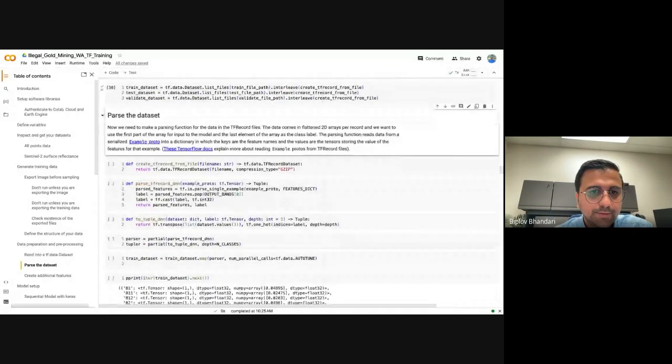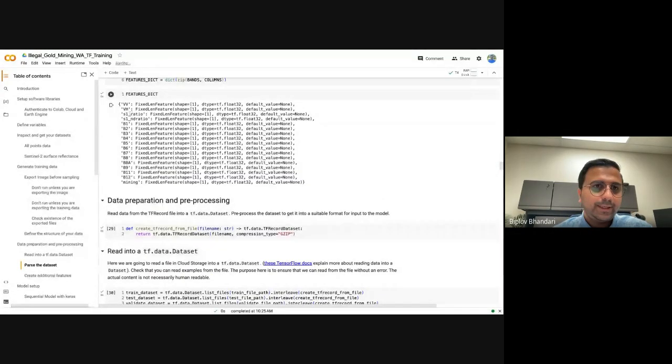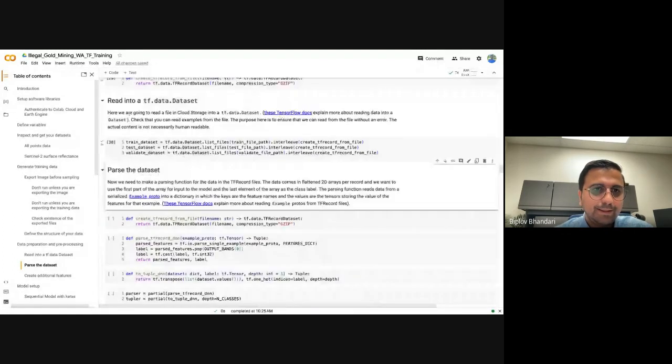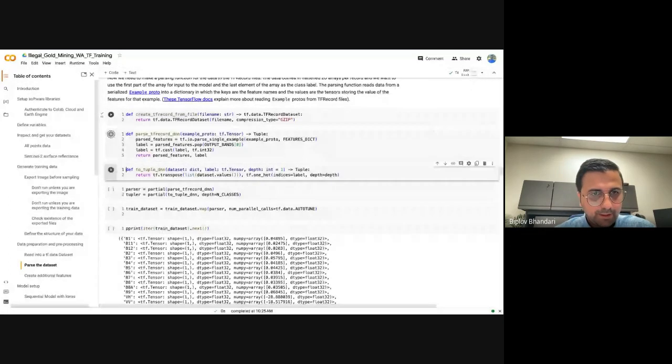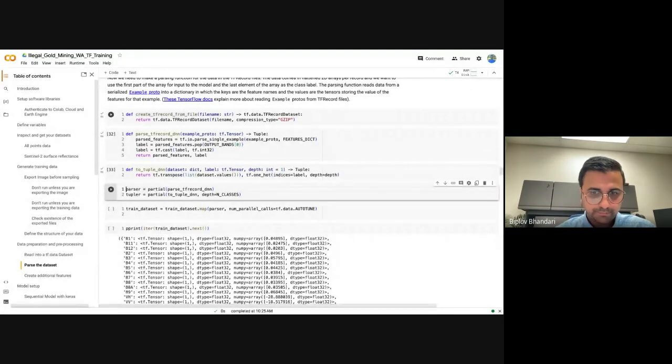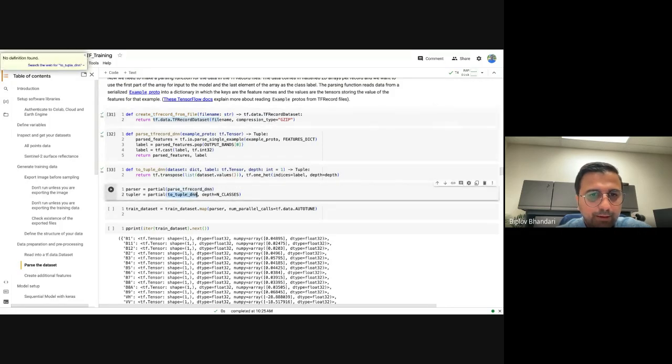Okay, that ran successfully. Now the network knows what kind of data to expect, but it hasn't actually seen the data itself. So this set of helper functions will help us feed that data into the dictionary that we saw before. This particular function is just parsing our TF record. Again, we saw that before. And then in this one, oops, sorry, I was looking at the wrong function.